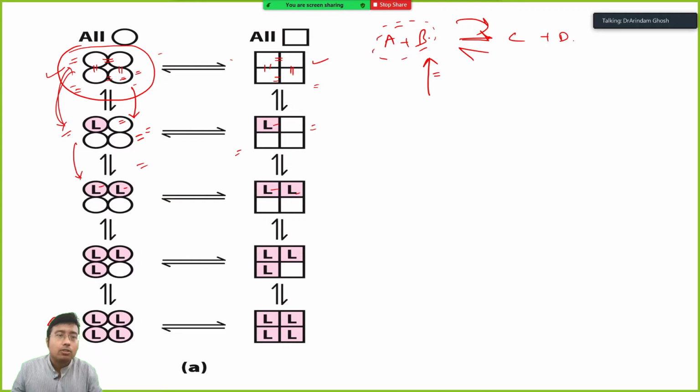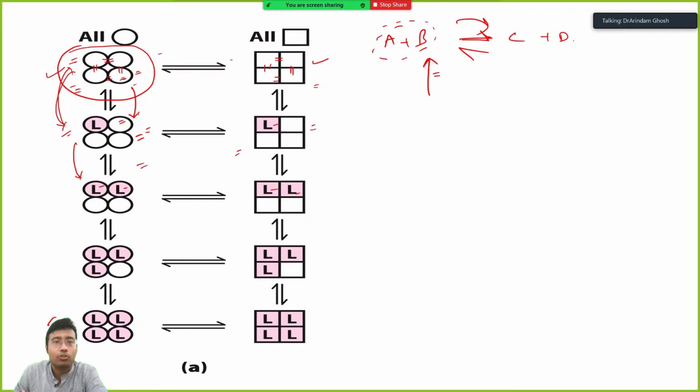So similarly, when there is less oxygen, there is need for more and more oxygenation, and whenever there is more oxygen, there is need for oxygen to get relieved. So whenever there is less oxygen, there is need for more oxygen, and whenever there is more oxygen, there is need for deoxygenation. This is how this whole reversible thing happens.